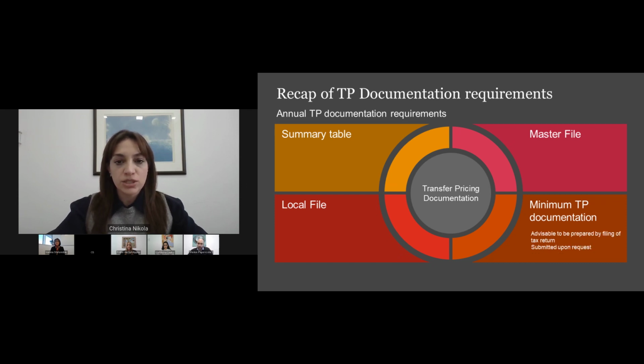The minimum transfer pricing documentation may also be prepared by the deadline of the income tax return and should be submitted upon request by the authorities. Finally, let me mention that the circular issued by the Tax Department also provides for safe harbor rules. Specifically, instead of preparing the minimum transfer pricing documentation, the taxpayer may elect to apply safe harbor rates for specific